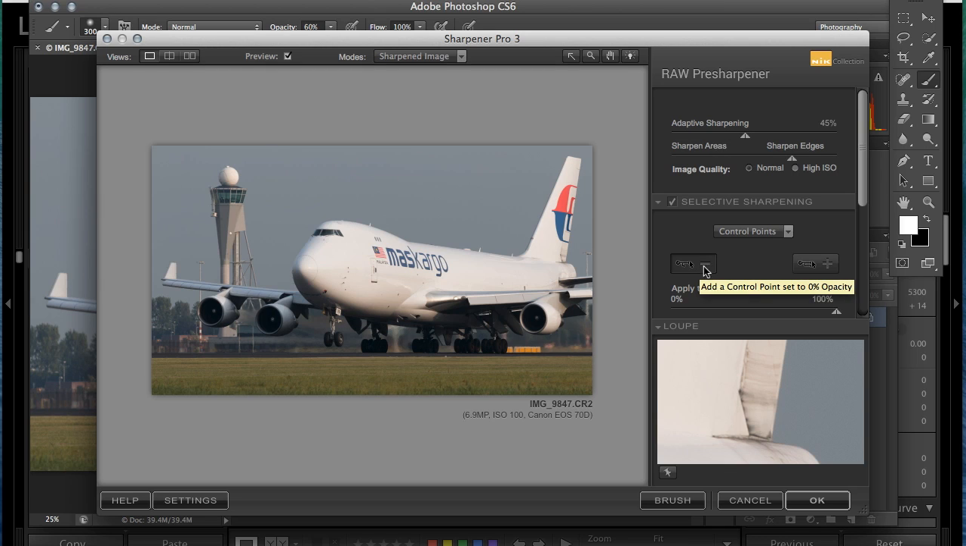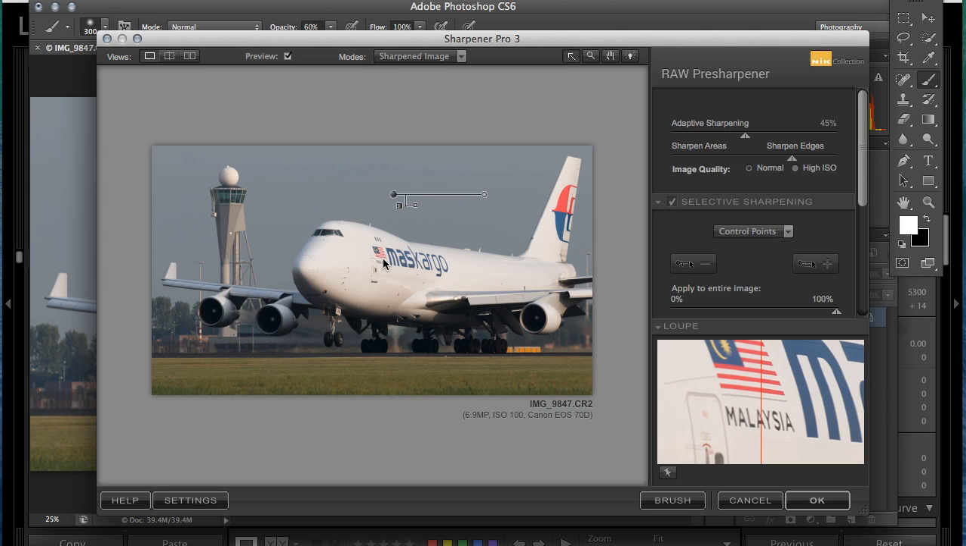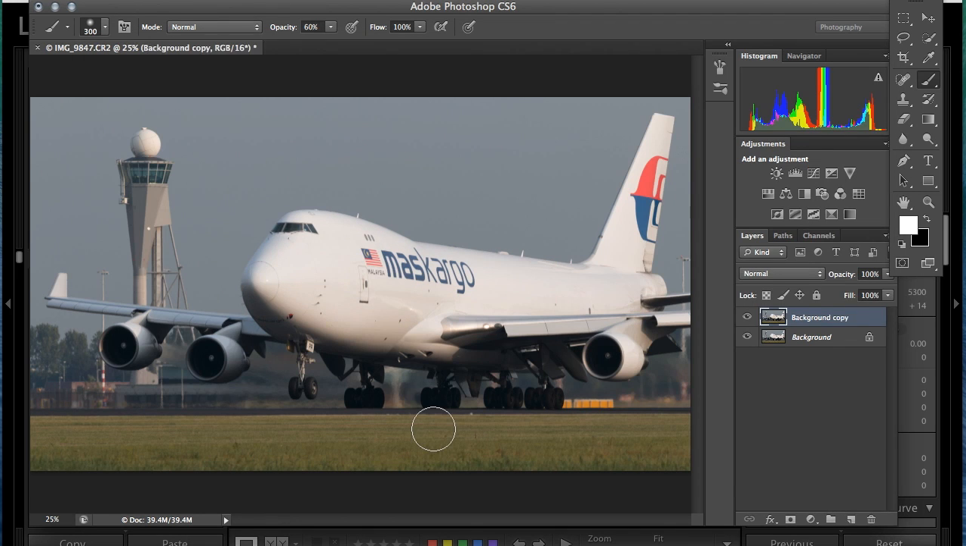What you can do is tell it where you don't want the sharpening. We do not want the sharpening in the sky. So let's do that. Do we still have it on the plane? Yes, it's still there. Let's accept that, and we'll go to the next step, which is going to be our